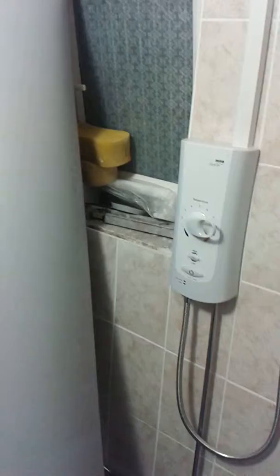And I did ask about this third and fourth wall, about getting those done the same as the rest of the tiling, considering we managed to put the wrong tiles in the kitchen. So rather than redo the kitchen, but apparently, nope, they're going to redo the kitchen, hack off all the tiles and start again. So I won't be getting tiled throughout in here, but they'll still, I guess, decorate and make good on the walls. So that is